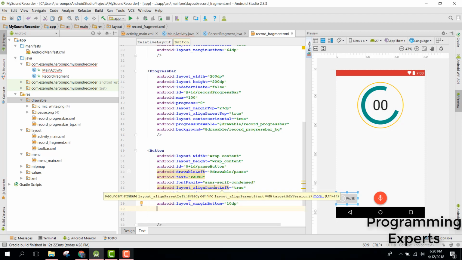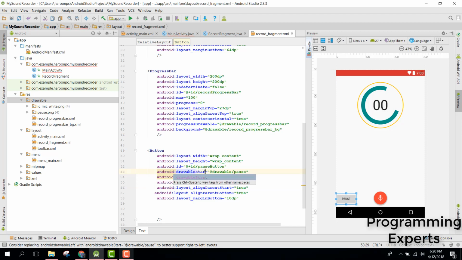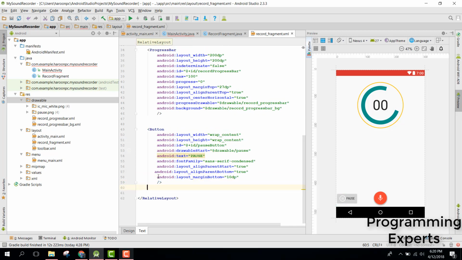Alright, and here we, okay, so we can remove that, we don't need it. Drawable start, okay, so let's change it to start. Alright, so now we have the pause button, and now we just need a text view to display the status